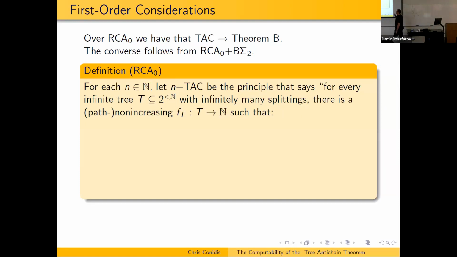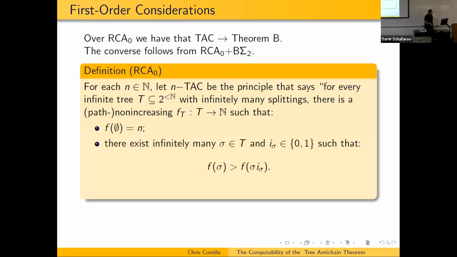But for each natural number n, we can let n TAC, the nth tree anti-chain theorem, be the principle that says for every infinite tree with infinitely many splittings, there is a path non-increasing. So as you go up the tree along a path, you're not allowed to increase. You can either stay the same or decrease along a path such that,